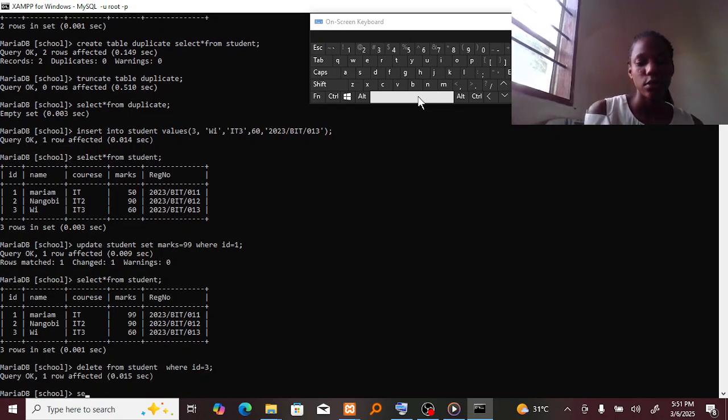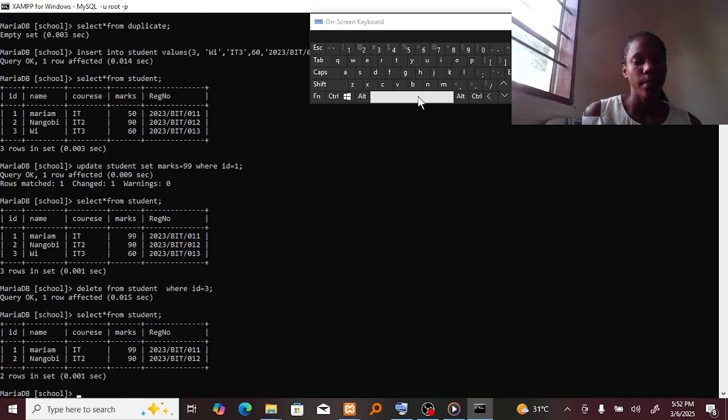So if at all we say select, this must be gone. It has to say, if we say select all from student, it will bring only 2 records, meaning this one that we specified here, ID 3, has been deleted. Now we can look at the data